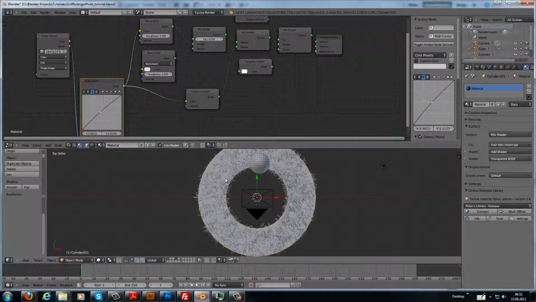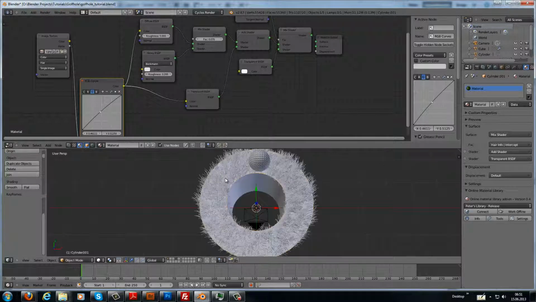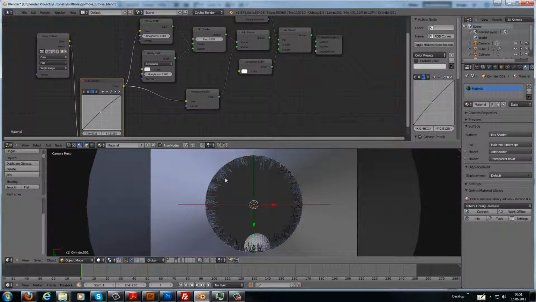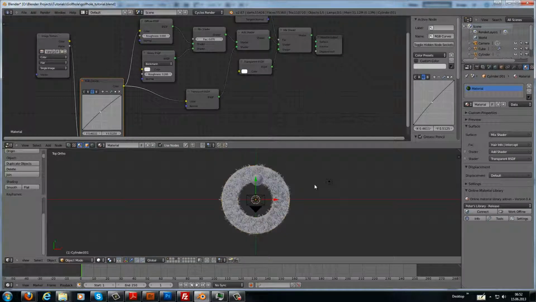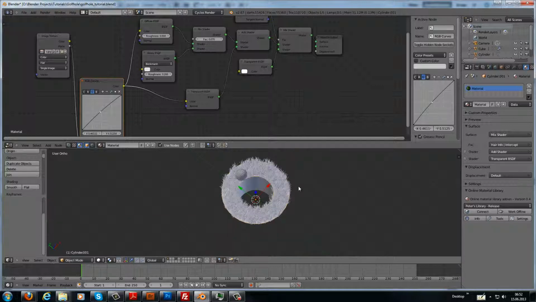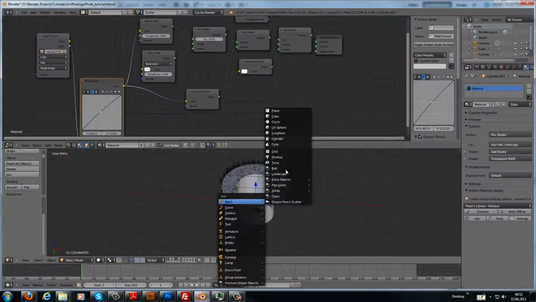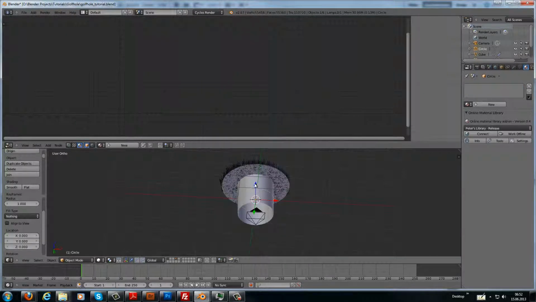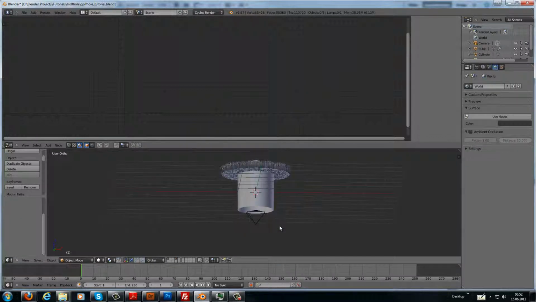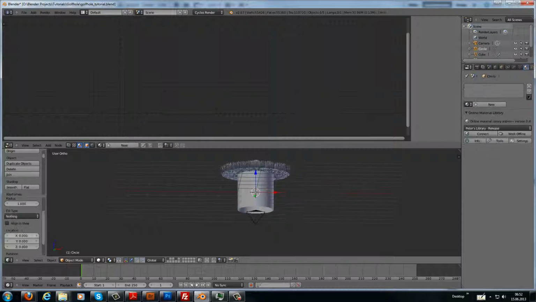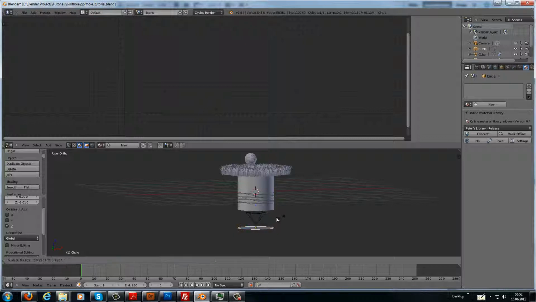Okay, that's it for the grass shader. And we can do a test render, going to my camera view, but not in the camera view. Okay, first we have to add some light, because down here there's no light. We add here just a circle, and we put it behind the camera. We need a fill circle, mesh circle, and fill type N-gon. So let's put it below the camera and scale it a little bit down,